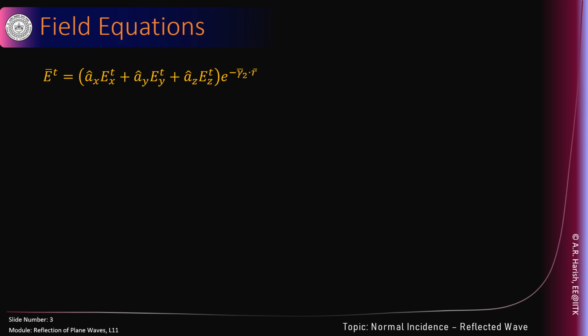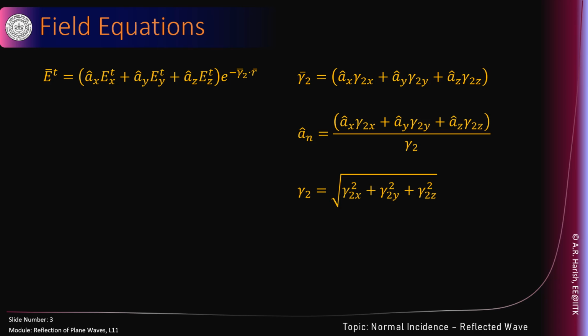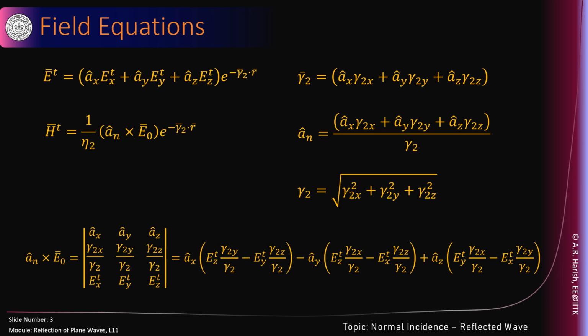We know the electric field, we know gamma 2, therefore we can also write down the equation for the unit vector in the direction of propagation an cap, and also we can write the magnitude of gamma 2 bar, which is gamma 2 equal to that one. We had done this before in the last lecture, and now we are ready to write the magnetic field, which is 1 upon eta 2 an cap cross E naught, because it is in the region 2. Transmitted wave is in the region 2. Those of you who remember, this is that long equation. It's exactly the same that we saw last time. No difference. We can follow the same path, same technique, and write down the field equations.